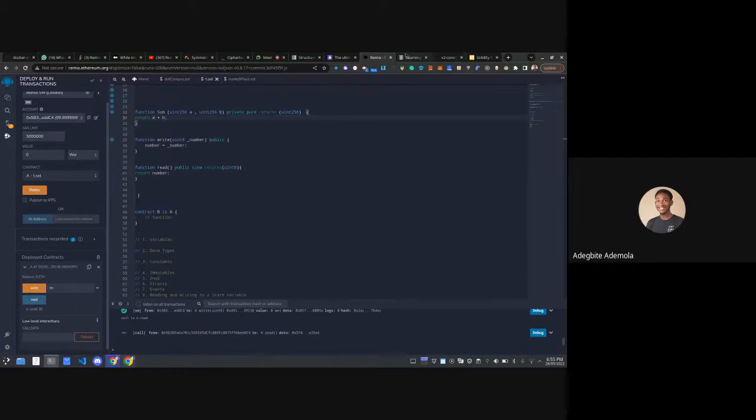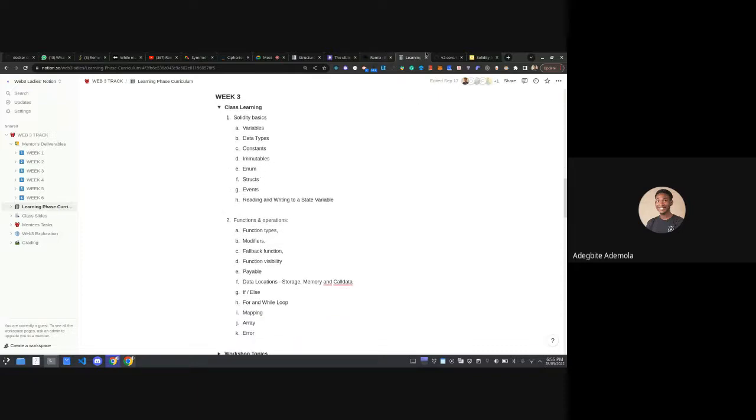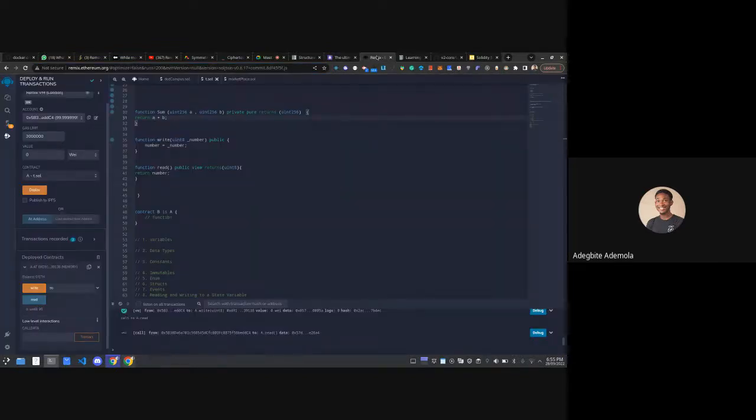So I think we've dealt with reading from state variables, we've dealt with structs, enums, data types, and practically everything. So do you have any questions so far, please? This is just to lay a foundation before you start writing your code, because what's the essence of writing code if you don't know these concepts? And what the next instructor will be doing is introduce you to how you utilize these concepts all together, how you initialize a struct, read from a struct,